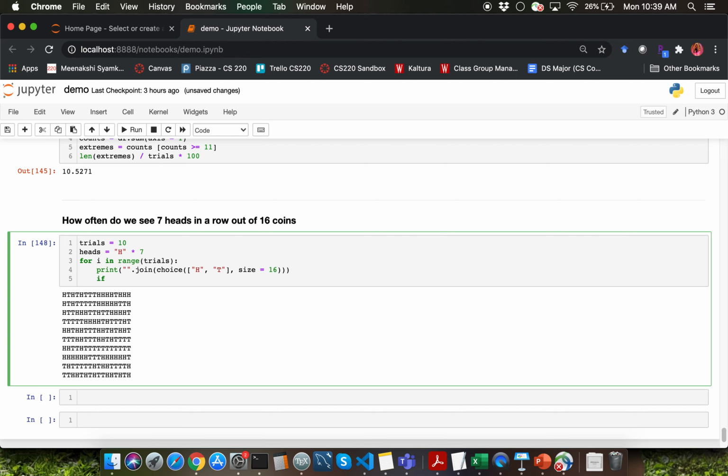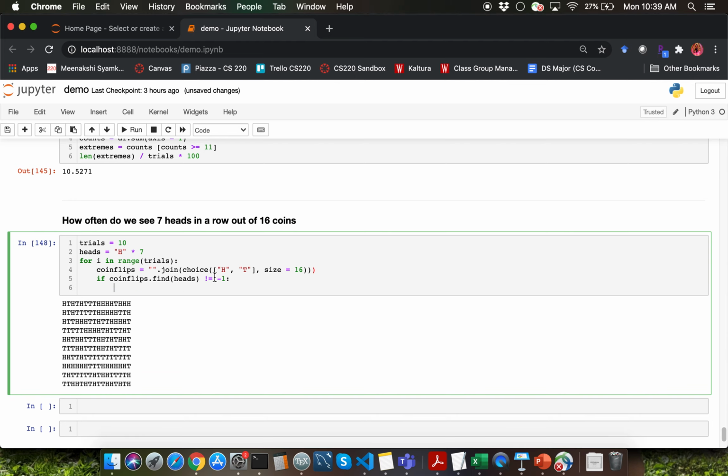So let me capture these flips into a variable called coin flips, and I'm going to say if coin flips dot find of heads, which is 7 heads in a row, is not equal to -1. Recall that find function call can return -1 if you don't find it. If you find it, you're going to get an index position where you find it, correct?